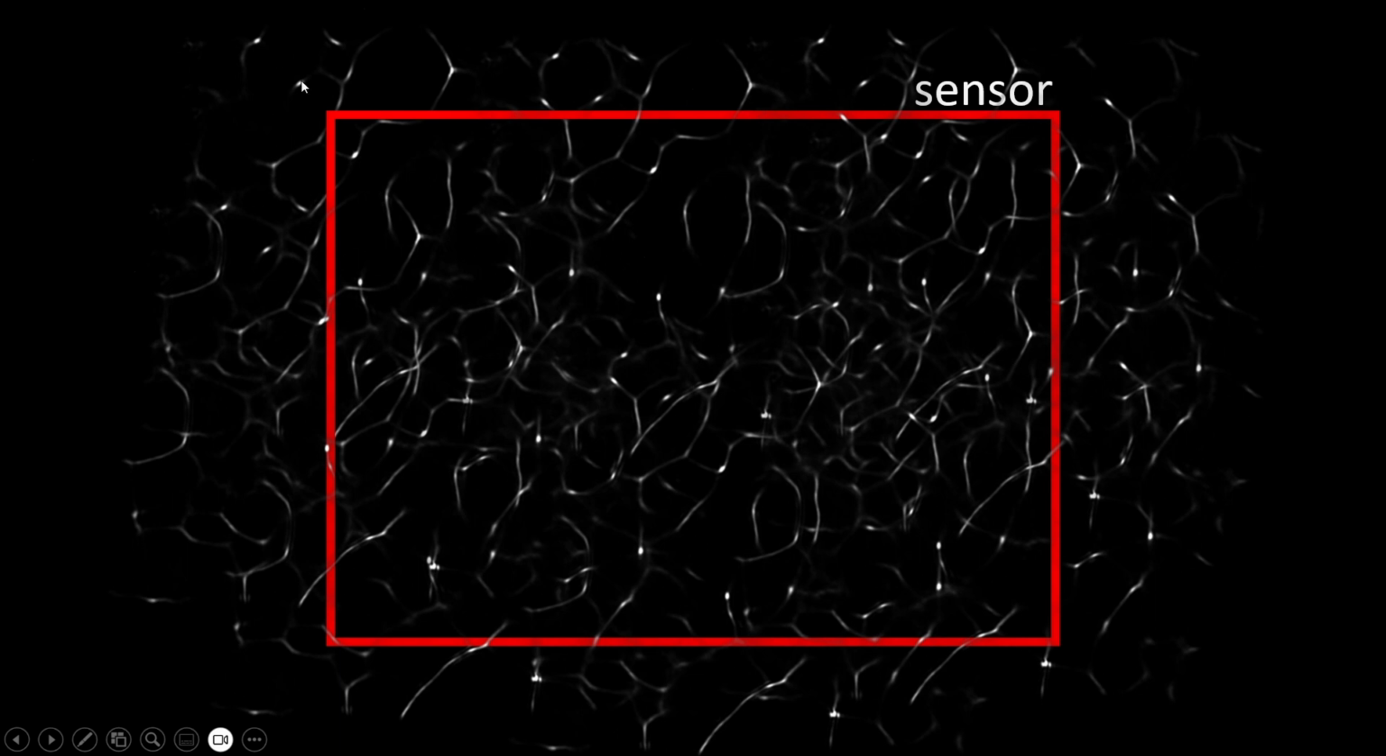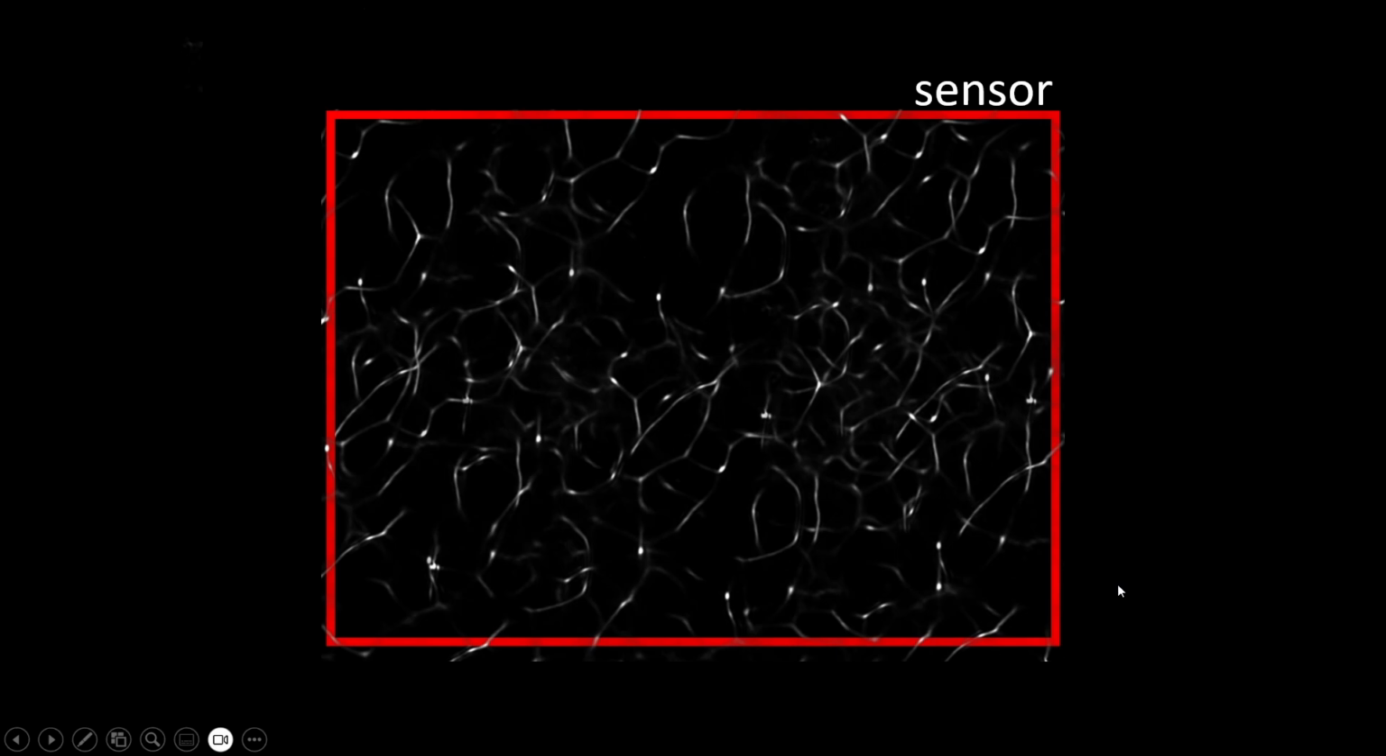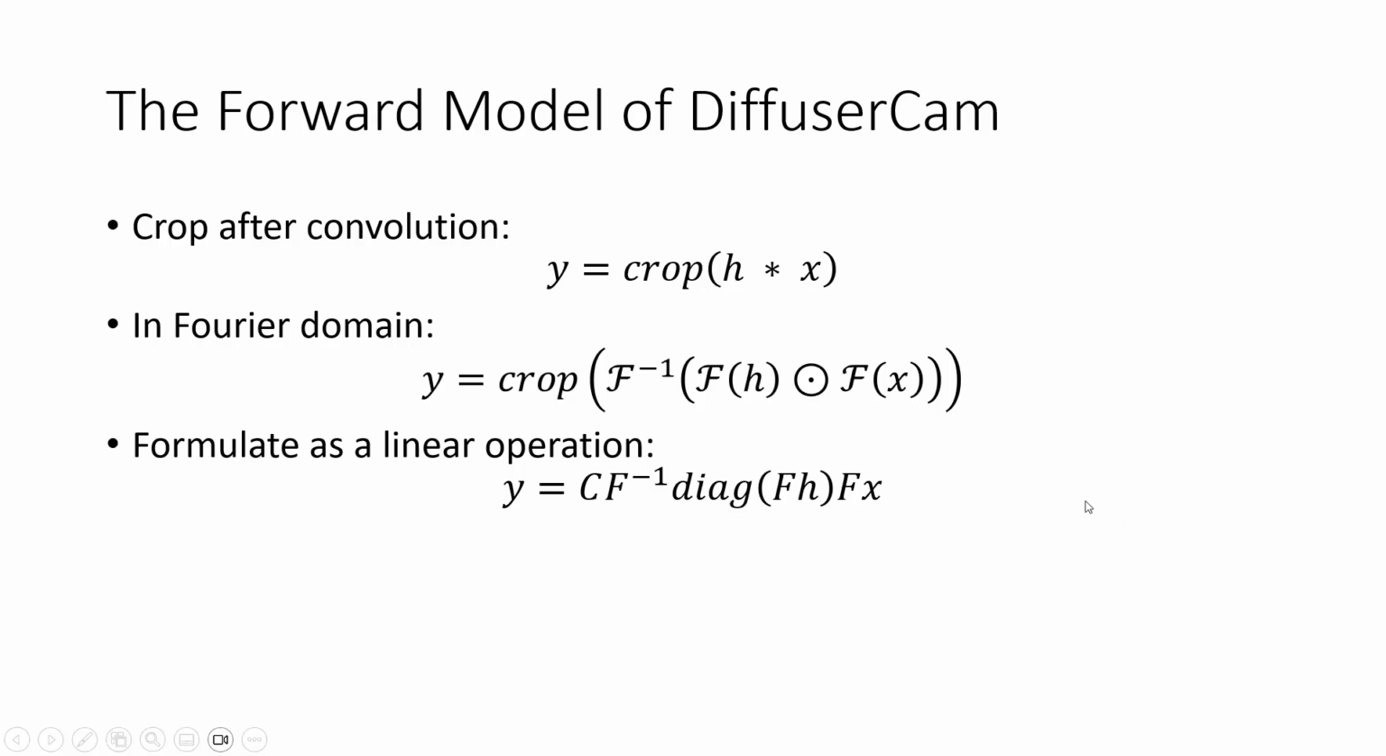Because of the large kernel size, the edge effects are not negligible. So a considerable amount of the image lies outside of the sensor plane. That means we also have an operation that is cropping. So the forward model of the DiffuserCam is just a cropping after convolution, because convolution is just an element-wise multiplication in the Fourier domain, and all of these operations are linear, so we can just write it as